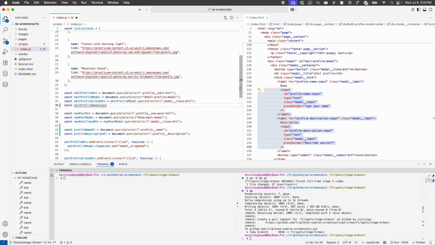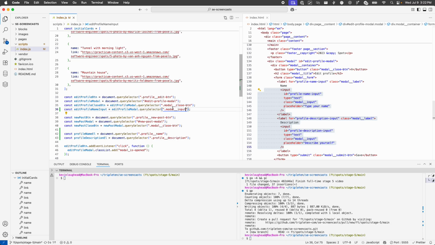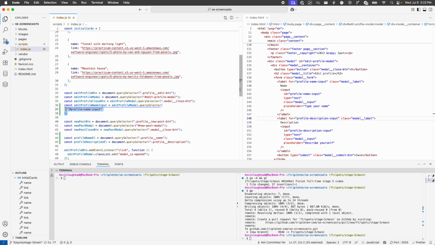I won't say L. I don't think it's necessary. It's clear enough to me in that name that it's an element. And like I said, we can't use modal input because still there are two elements that would match that. So, I mean, we could use it for this one, but then how would we get this one? You know? So we will use the ID. When using an ID, you need to use a hash,